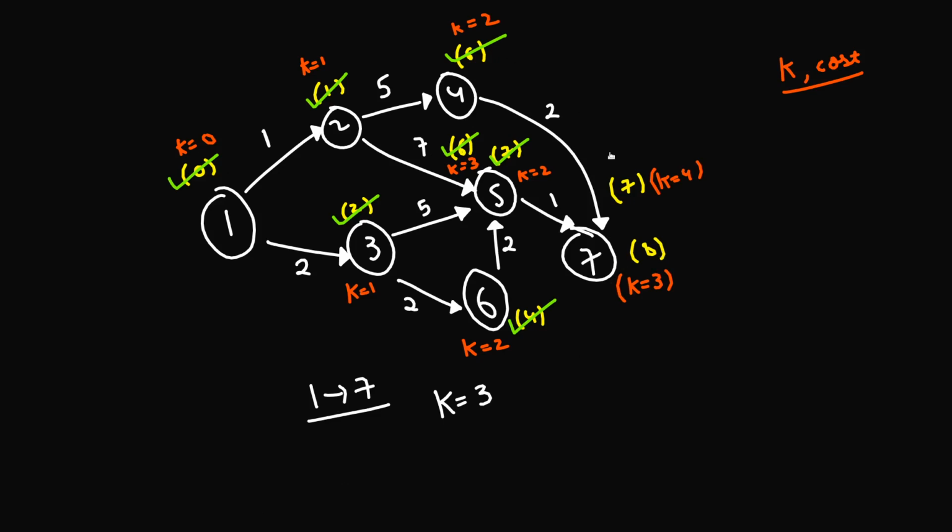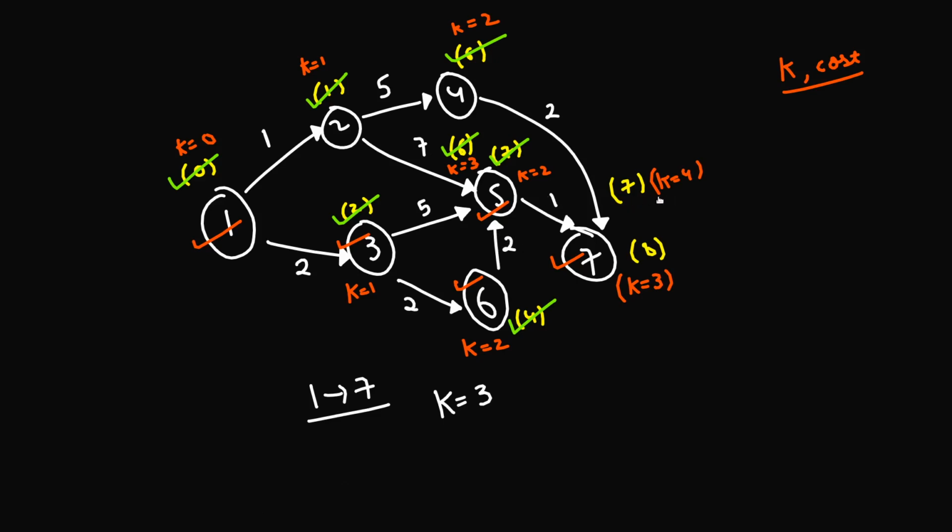Okay, so in the whole process, remember, k that we are using here, k equals 4, means that there are a total of 4 cities apart from the source city that I have visited along the path when I have reached this particular node. So if you consider this k equals 4, the path is this, this, this, this, and this. So apart from this source city, I have visited 1, 2, 3, and 4 cities extra in order to reach the destination city. So that's what k equal to 4 is, and the cost is 7. If you add up the cost along this path, that's 2 plus 2 is 4, 4 plus 2 is 6, 6 plus 1 is 7.